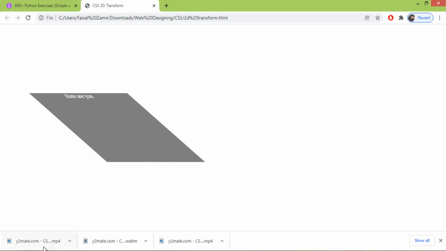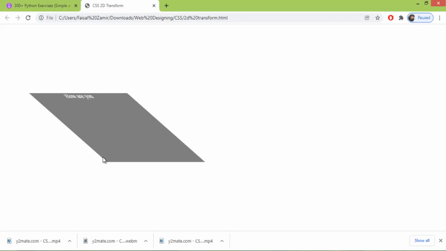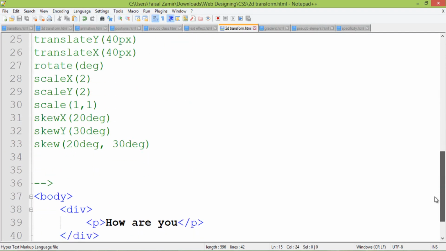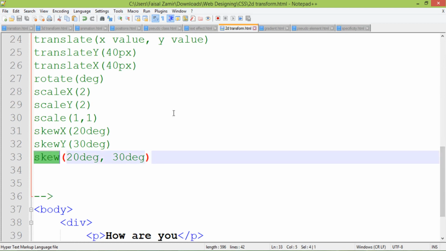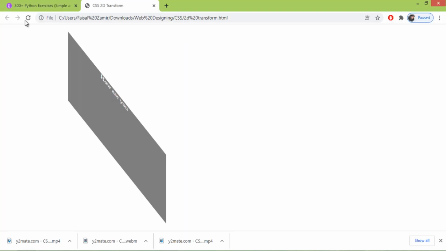On the x-axis it is skewing. When I mention y here, you should notice that now it will skew vertically. You can see that. And another is the combined value. You can mention both values, for the x-axis and y-axis. When I refresh,